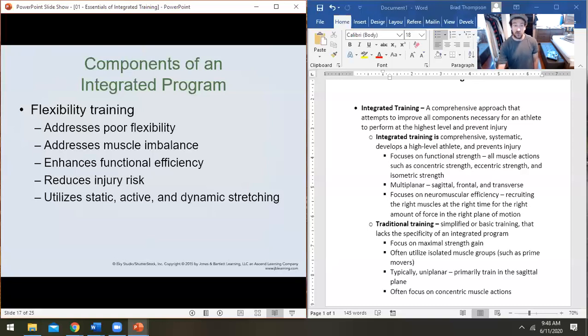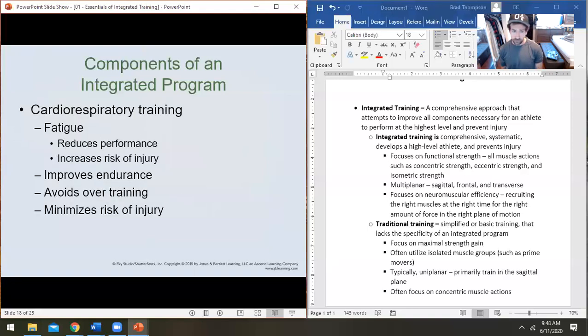And so the components of an integrated training program are going to be your warm up, which is your flexibility training, right? We're going to address poor flexibility and muscle imbalances. Cardiorespiratory training, obviously very important. That's going to help us minimize our risk for overtraining by flushing our body, you know,